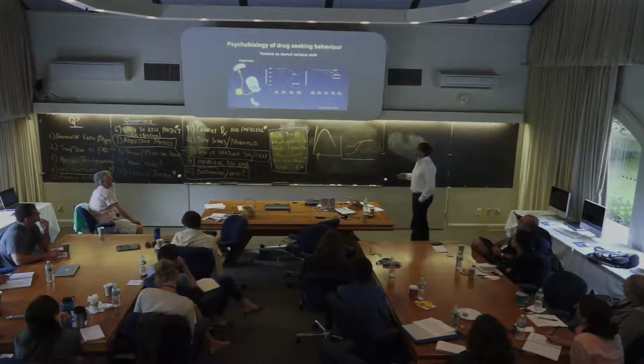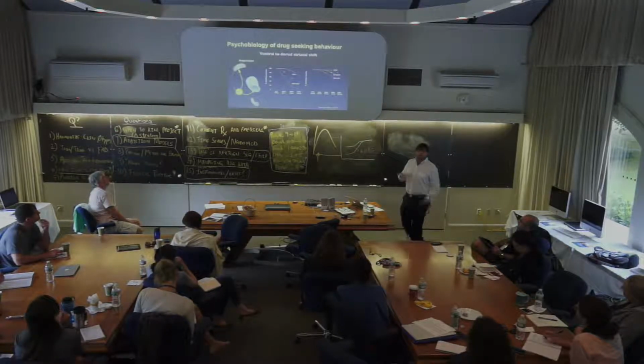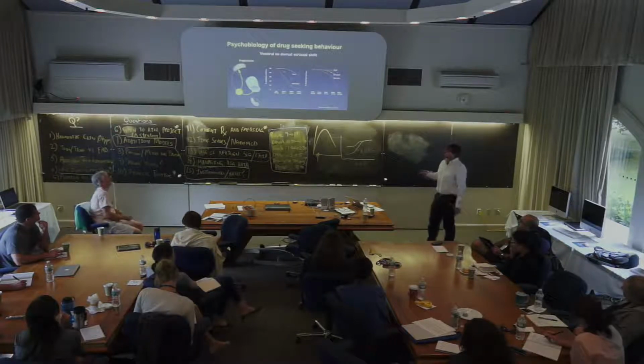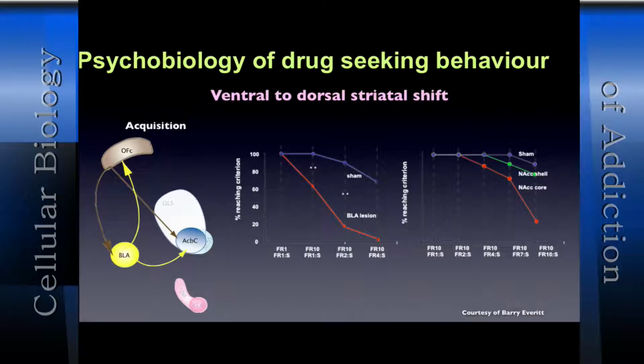that's the case. So now the psychology of this and the psychobiology of this process. For the acquisition of drug-seeking responses, you need an intact basolateral amygdala. Obviously, because there's a Pavlovian component in there, and CS-US associations that are necessary for Pavlovian conditioning are built and managed in the basolateral nucleus of the amygdala.